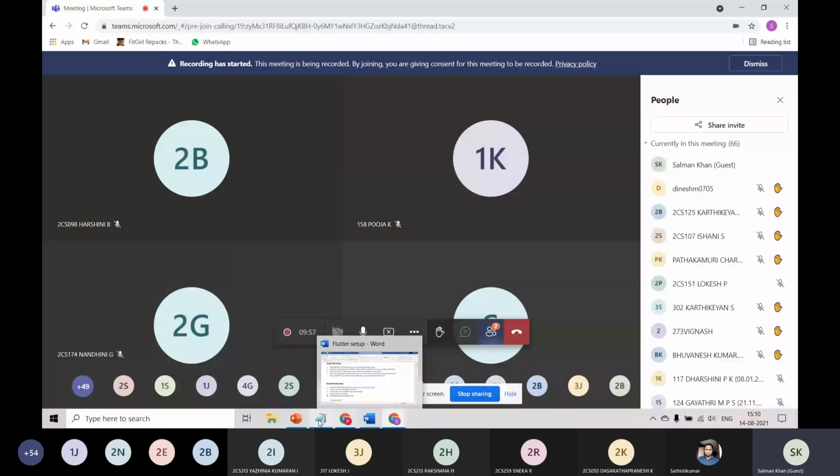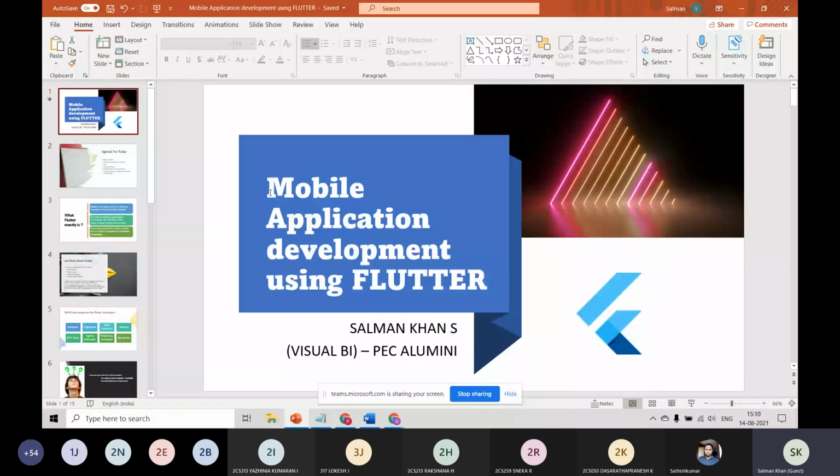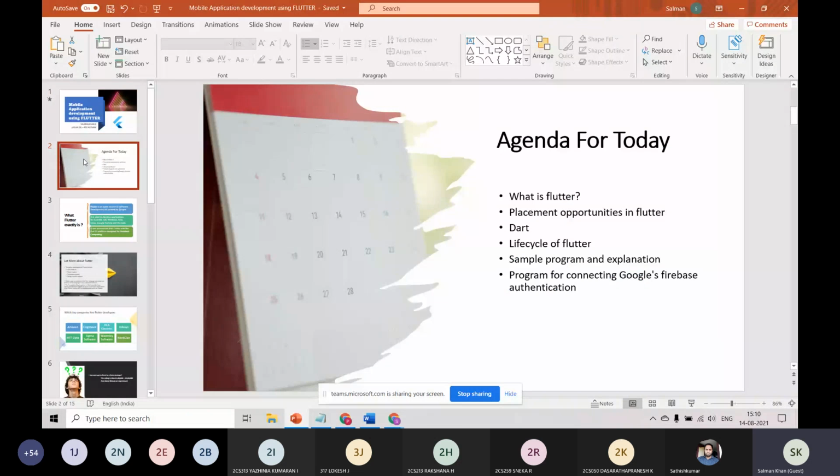Flutter is almost like Java. Okay, Flutter is almost a part of Java. Everything, classes, concepts, everything is similar to Java, only with few changes in maybe syntax. So before getting into Flutter, we will see today's agenda.